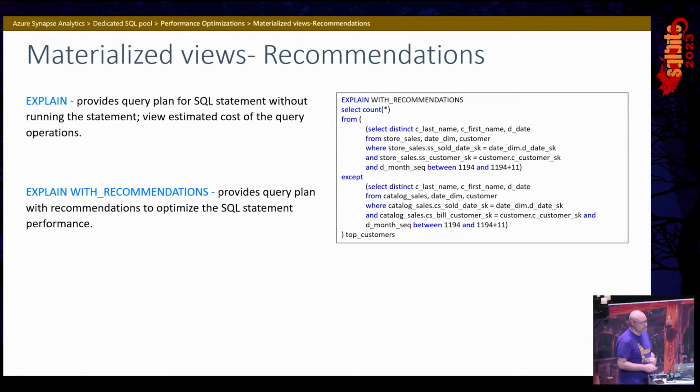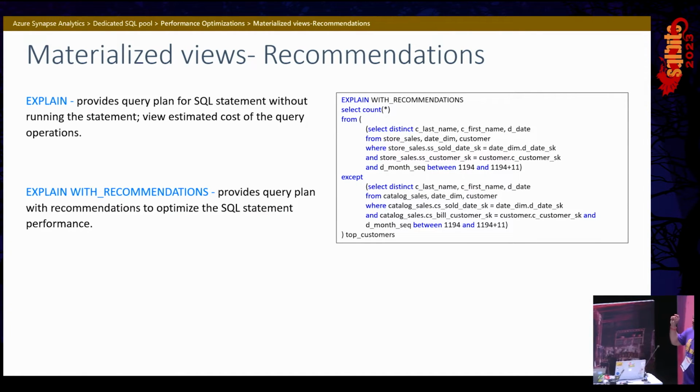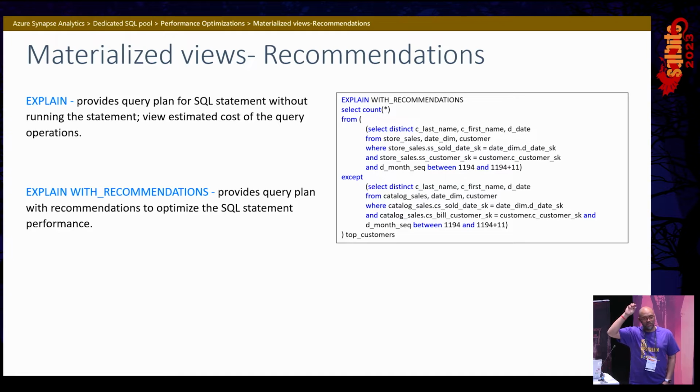So we're going to talk about Power BI in a bit, but what I want to add to that is, let's say you're in DirectQuery mode for Power BI, and you open up Performance Analyzer, and you refresh the page, and Power BI will produce the query that it sends back to the source. You could take that query and use this function and say, explain with recommendations, and just put that query right under it, and it'll give you a JSON file or XML. It's one of them.